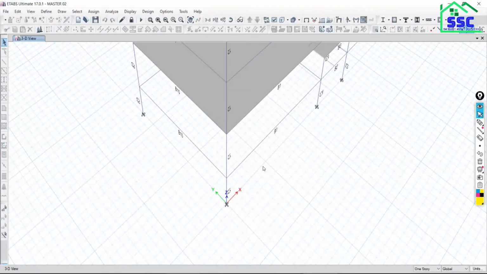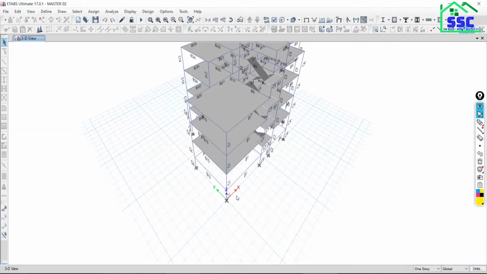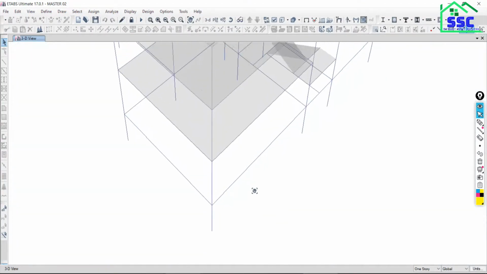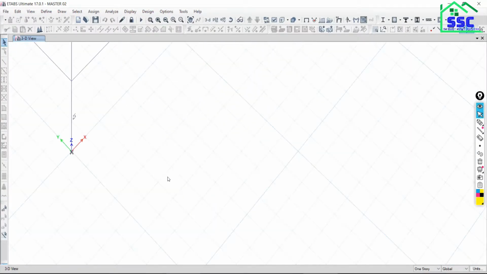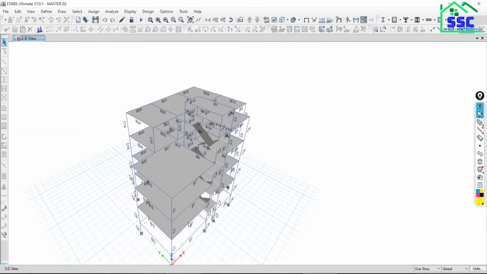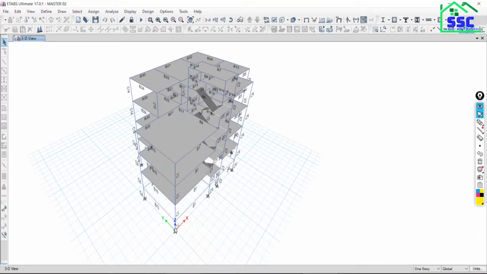Global. Exactly. It is a global axis. A global system that represents the entire model by a single axis system. That's why this is the global axis.